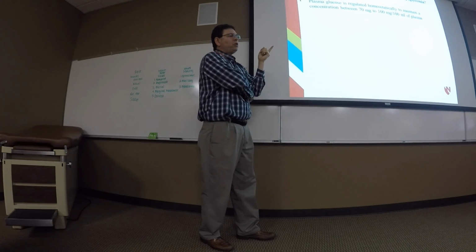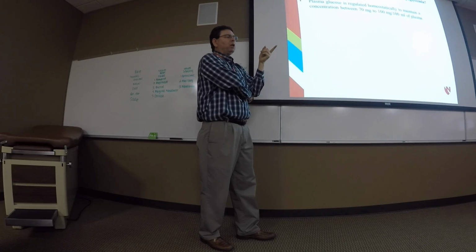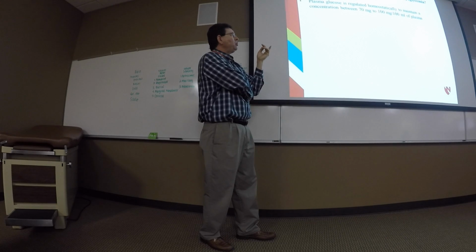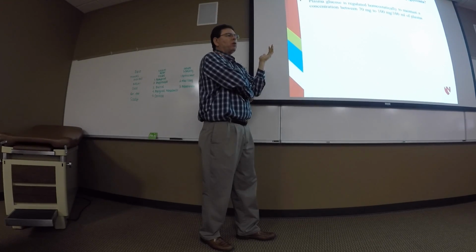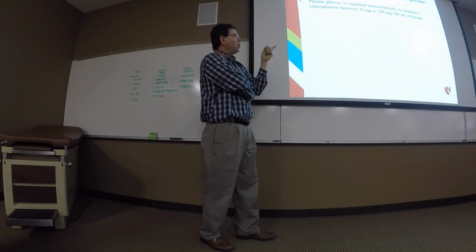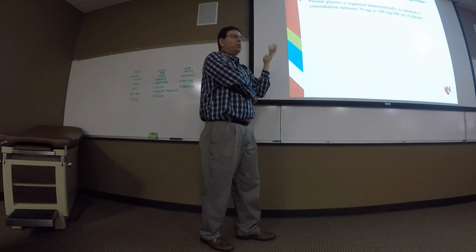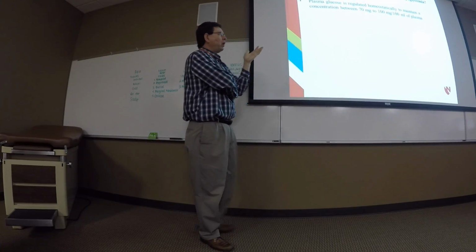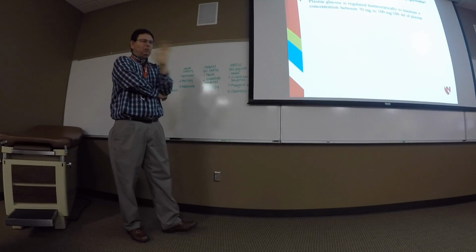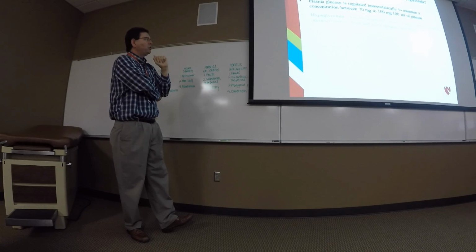Now, there's another term for 100 milliliters of blood. It's called a DL, or deciliter. So sometimes you'll see 70 milligrams per DL, and that's deciliter. And 1 deciliter is equal to 100 milliliters. And you can say blood or plasma in this case, and you're right. Sometimes you can't use that interchangeably. In this case, you can.